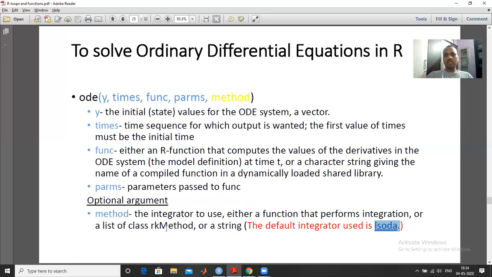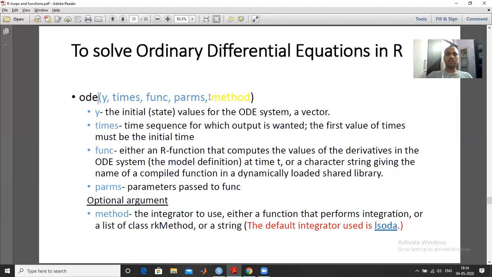There are so many classes, for example the Runge-Kutta methods, so it has different types of integrators to solve the ordinary differential equation. You can find out more on the internet, or go to the help of the R software, and you will find out more about this function.